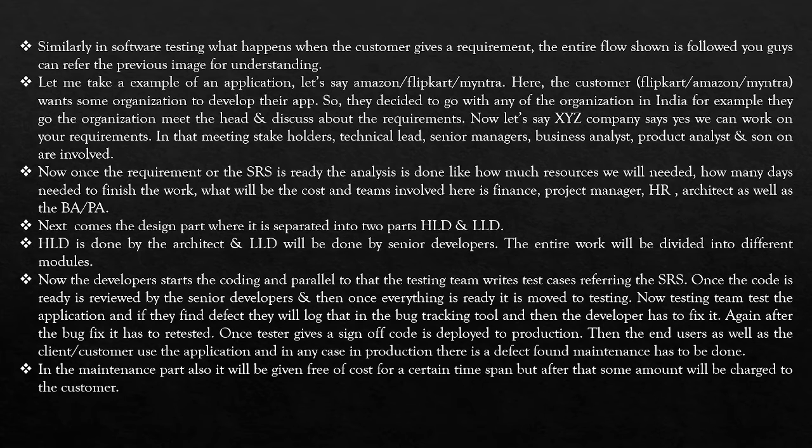So now once the requirement, or the SRS, which here means the system requirement specification. System basically means the app. Requirements are the requirements given by the customer. Specification means what the app should have. When you are buying a mobile, you see there is a specification mentioned over there. When you open the Amazon app and search for some mobile or some device, for sure you'll be getting some specification, might be the OTG, might be any product. They definitely have a specification.